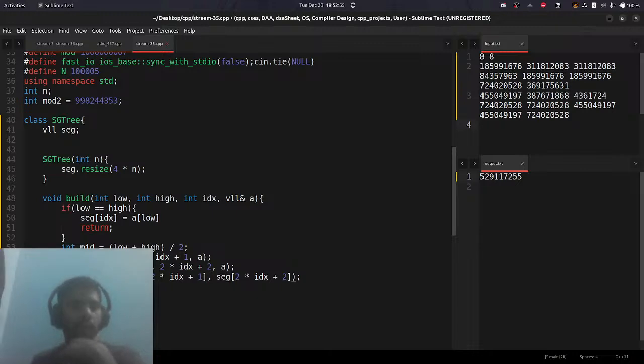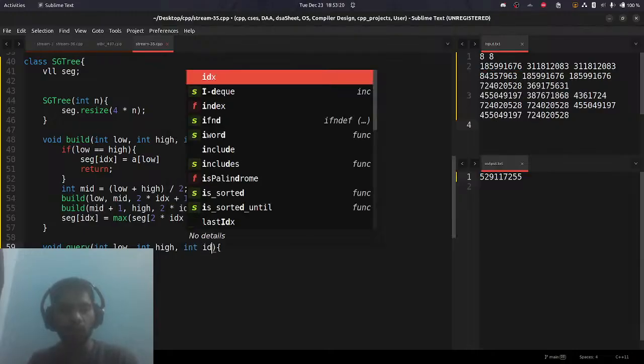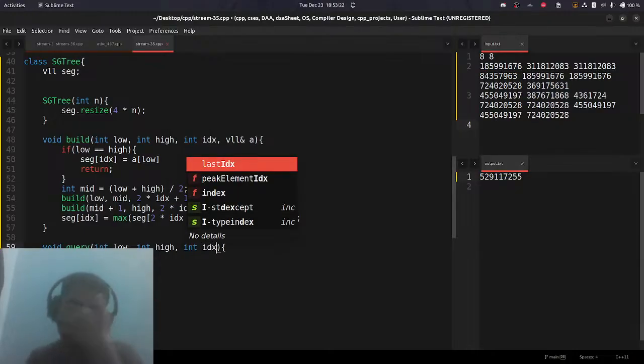Okay, build is done. We need to update it. Before that we need to query it. Similarly, the build will have a low, will have a high, will have an index, and for querying, right,